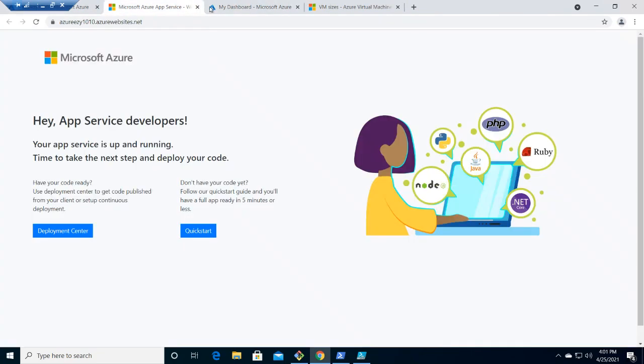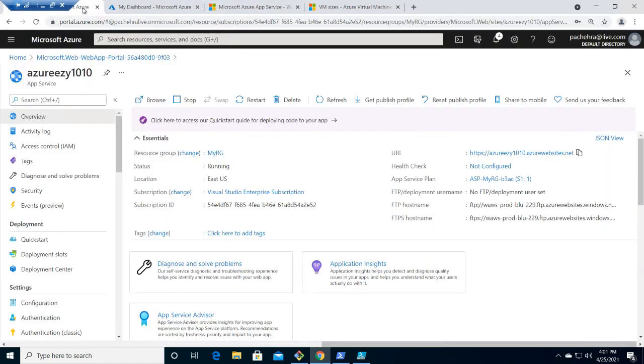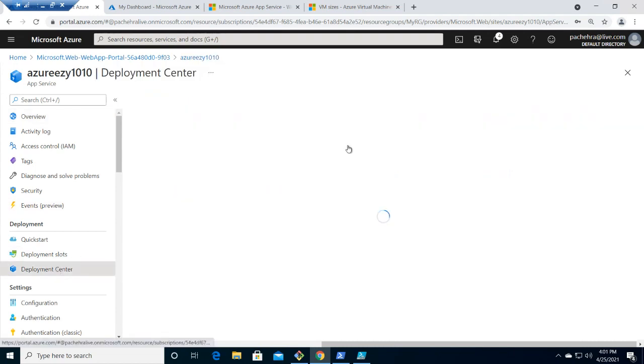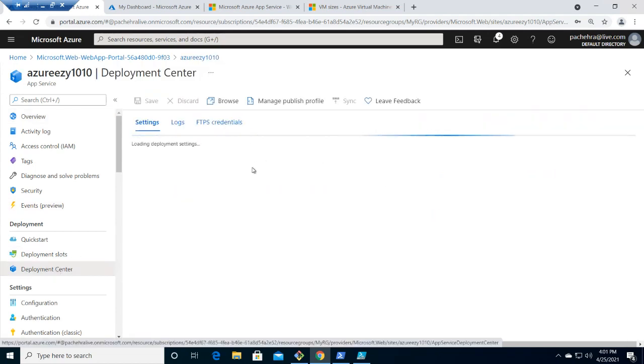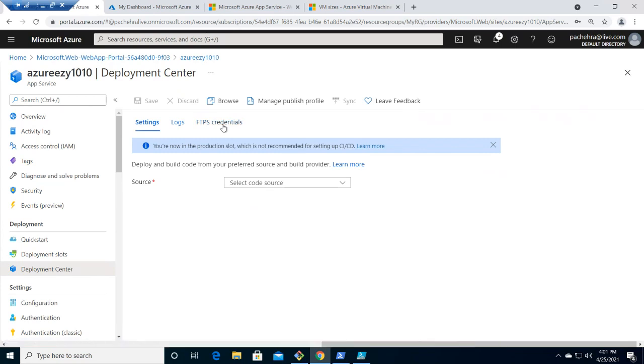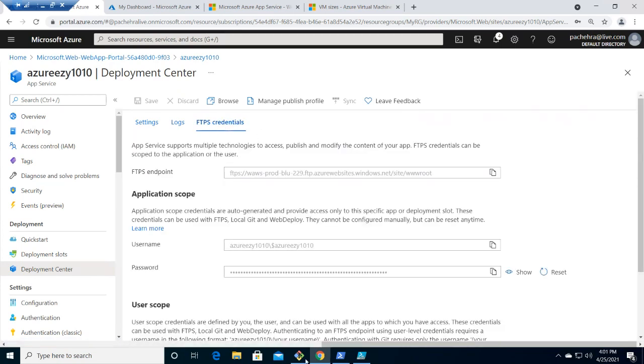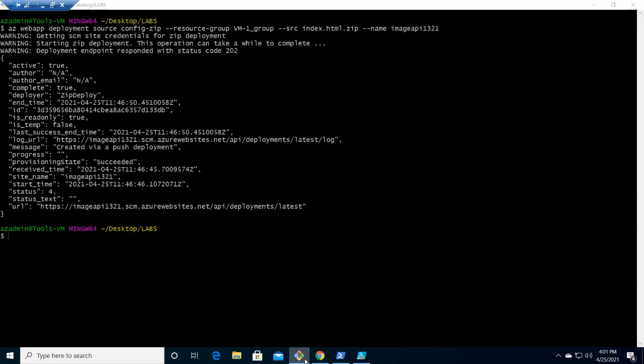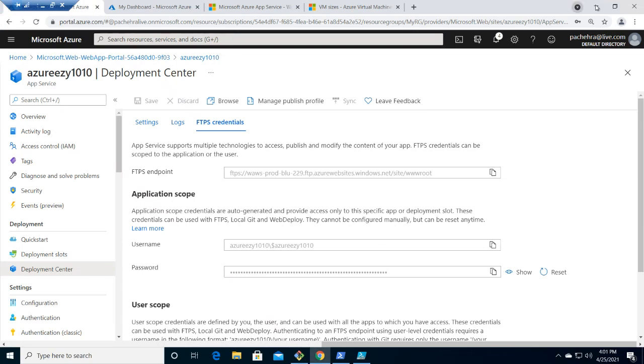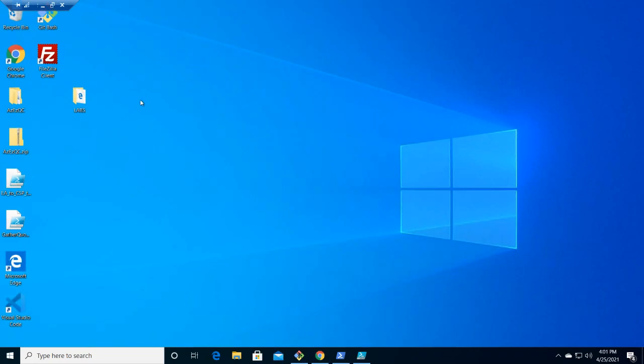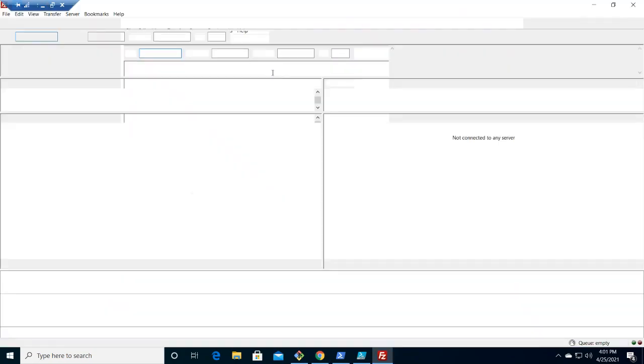Wait for it. While it is happening, let me try to save some time, get back here, click on Deployment Center and get the credentials for the FTP. This is the very easy and the best way to do your lab. So let me minimize this and try to open my FileZilla client.